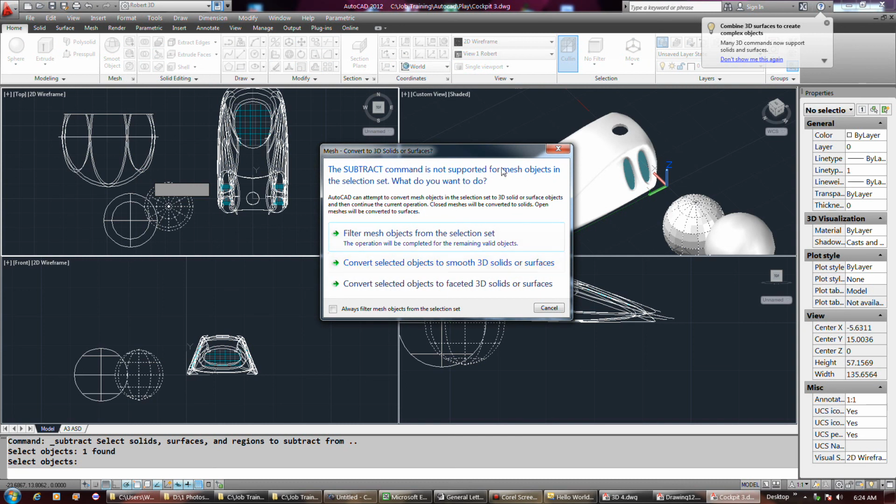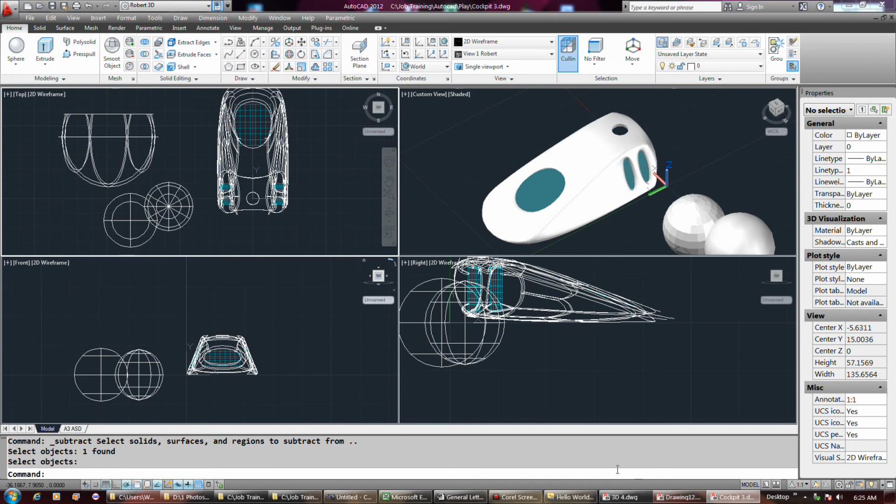It's not supported for mesh objects in the selection set. What do you want to do? Filter mesh objects, convert selected object to smooth 3D solid, or convert to faceted. Okay. Anyway, that answers my question. I kind of figured that'd be the result. So anyway,